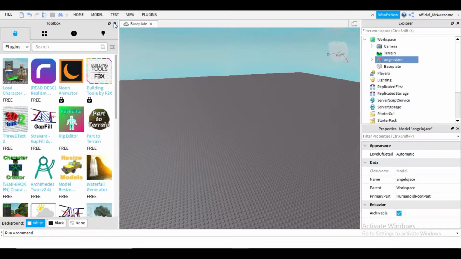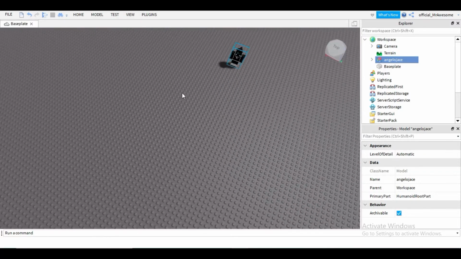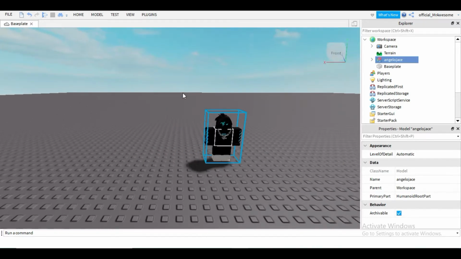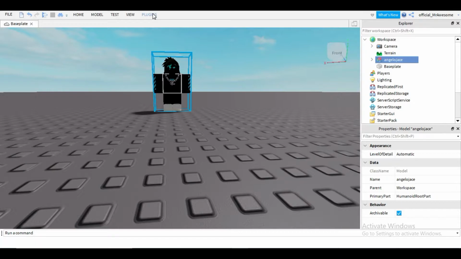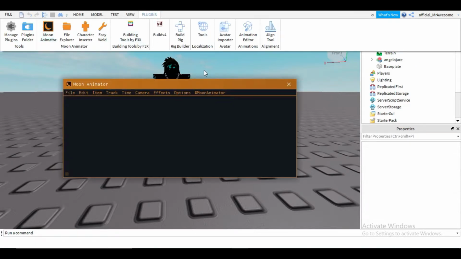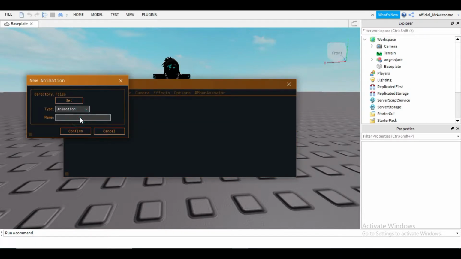Okay, so once you have your avatar inserted, go down to the avatar, and now you want to pose this, like move the limbs and stuff. So in order to do that, you want to go to plugins, Moon Animator, and first you want to create a new file. Click new animation and type in any name. I'm just going to type video,